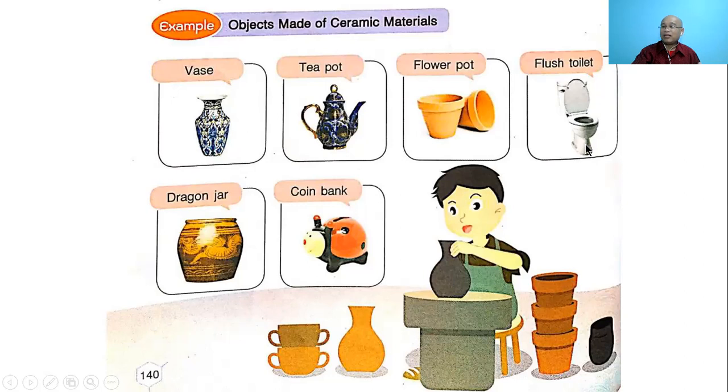Flush toilet, well, this can be breakable, but it is hard. It is made into a very hard object. It's not easy to break this, but it can be broken. Dragon jar, all right? So some can be easily broken. It depends on how it's made. Some are very hard. Coin bank, you put your money, coins in it. So those are materials made of ceramic. Remember, ceramic is a mixture of several other materials such as clay